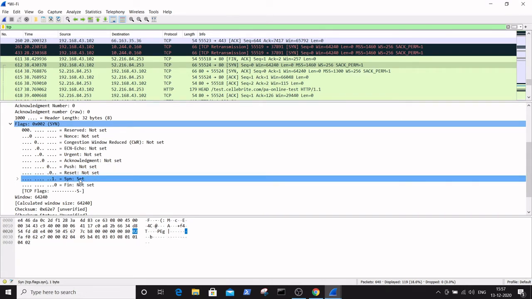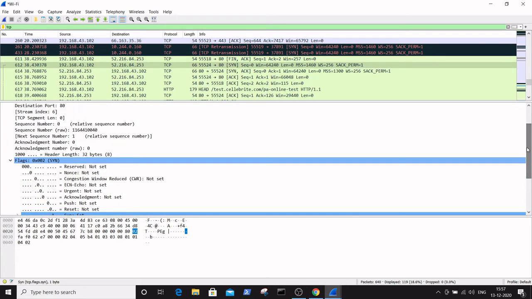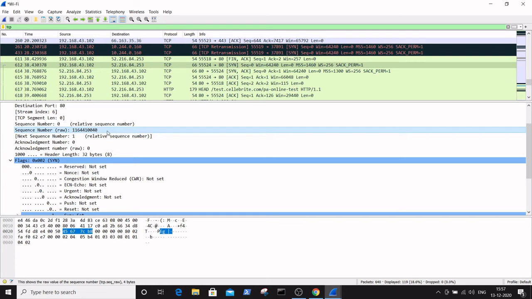Only the SYN flag is set. Hence it is called the starting request from the client to the server, sent with a SYN flag and a sequence number. You can see here the sequence number is also given, that is 11644040.